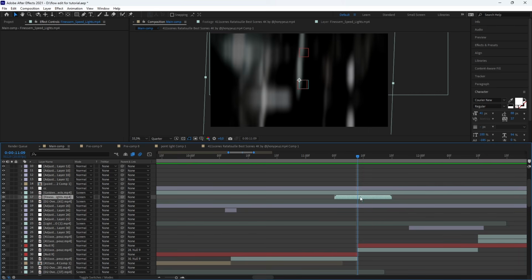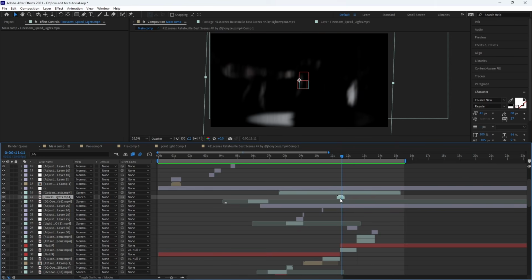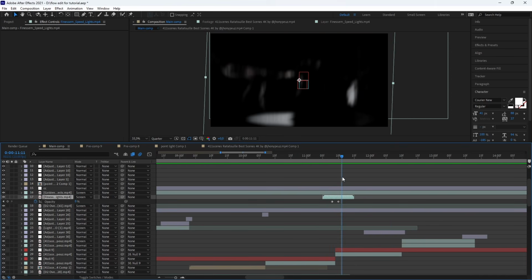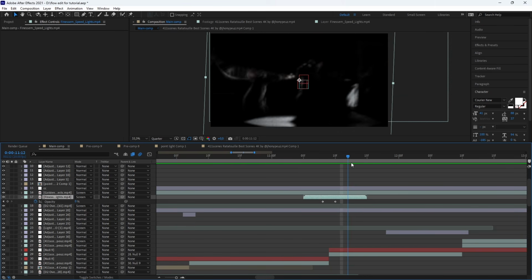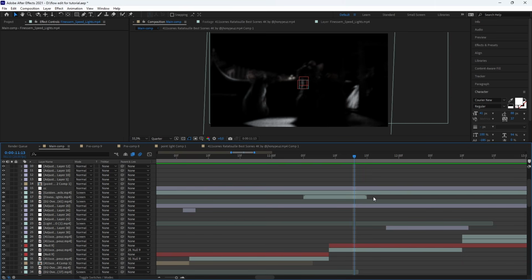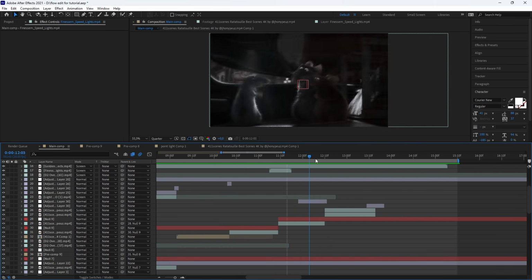And then I put it on screen. And so I have this nice zoom you can see here, and I played with the opacity, so it goes to 100 and then to 0. And yes sir, I think we are almost done.